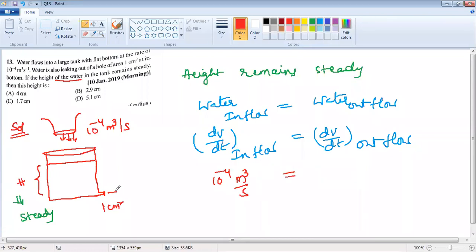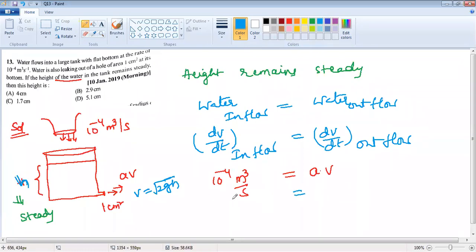Outflow through the pipe, outflow through the orifice, through this orifice. So outflow through the orifice is equal to A V. We discussed already, dV by dt is equal to A into speed. We are very clear, this is falling from the height h. So V is equal to root over 2gh according to this, the speed of efflux.